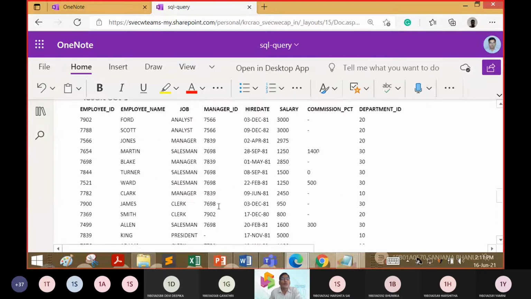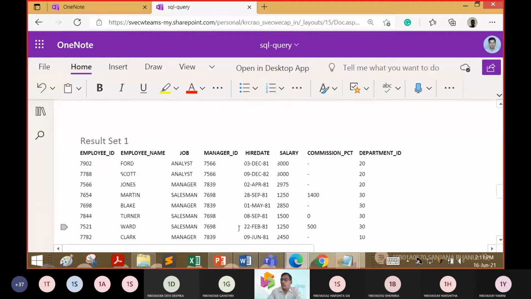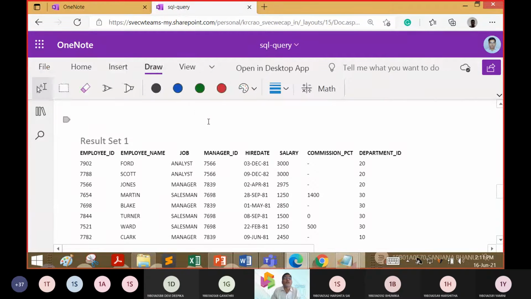So in the record set we have the entities: employee ID, employee name, job, manager ID, hire date, salary, commission percentage, and department ID.